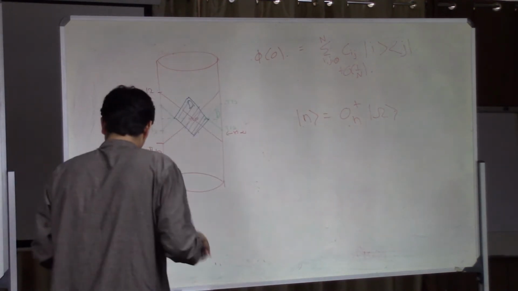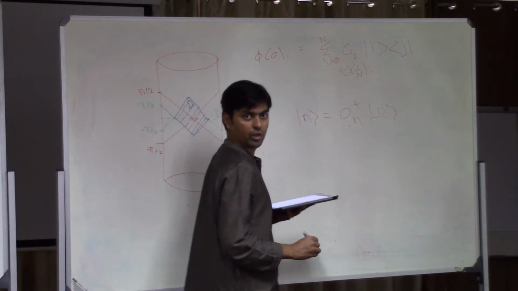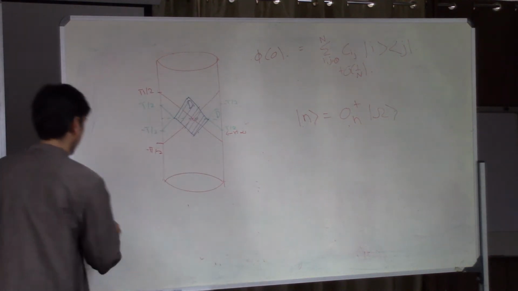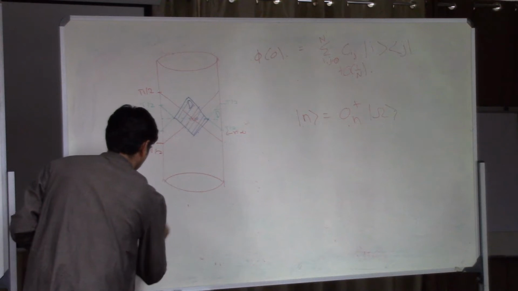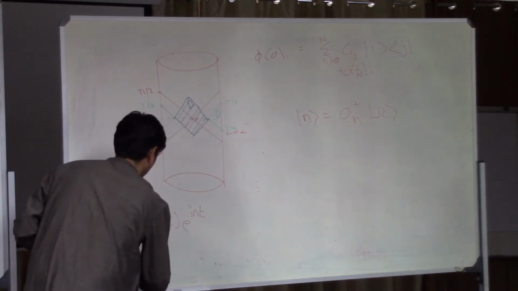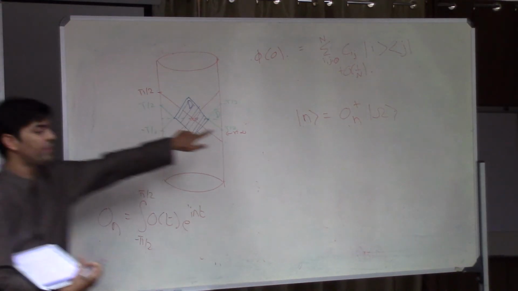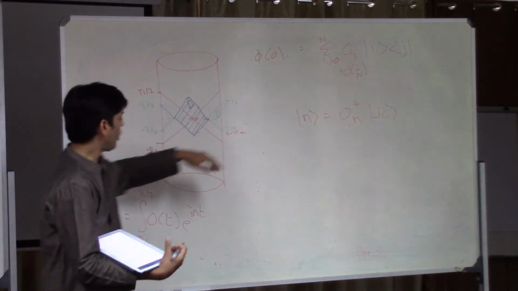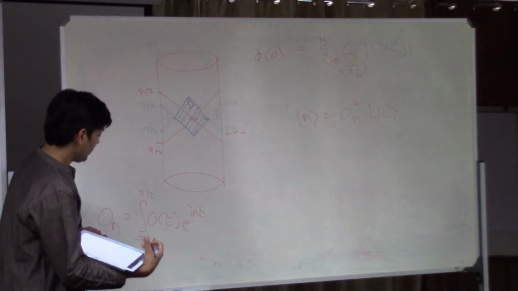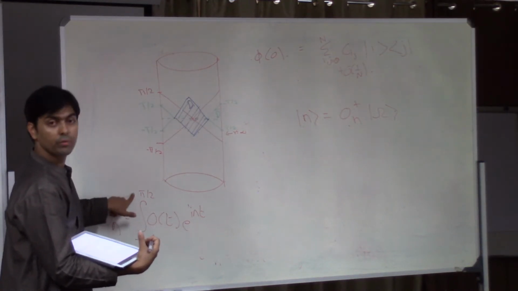Okay. Now, you might have thought that to create this mode, you need data for O of t all the way from minus pi by 2 to pi by 2, because what is O_n after all? O_n is just the integral of O of t times e to the i n t from minus pi by 2 to pi by 2. Right? So you might have thought that to create the single particle state, I need to use operators that go all the way from minus pi by 2 to pi by 2. That's because this single particle state is created by Fourier transforming the boundary operator from a region minus pi by 2 to pi by 2.